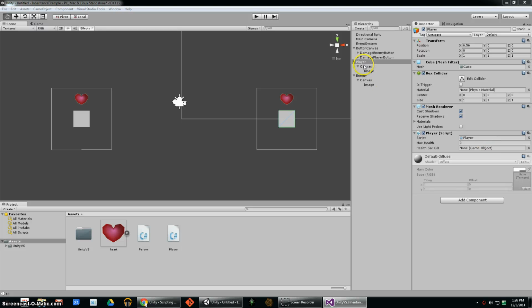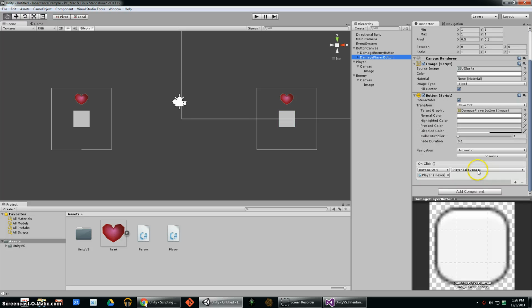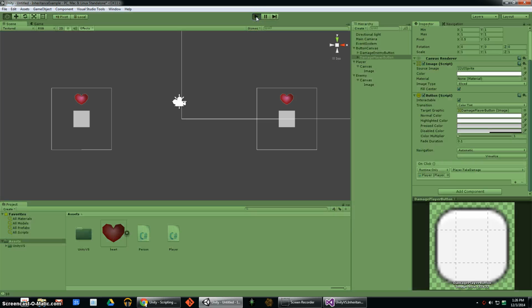So now what I can do is take the player's health bar object, put it right there, and set their max health to 100. Now, real quick, I'm going to do this damage player button, and I'm going to set it to, see, we have the player object, and it's Player.TakeDamage, okay? So now if I click play,